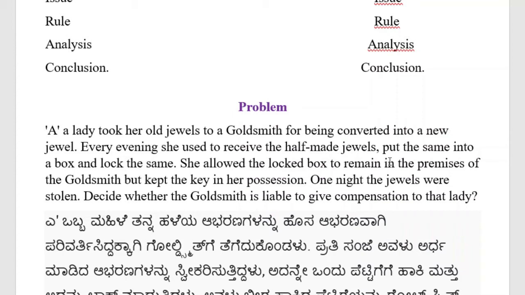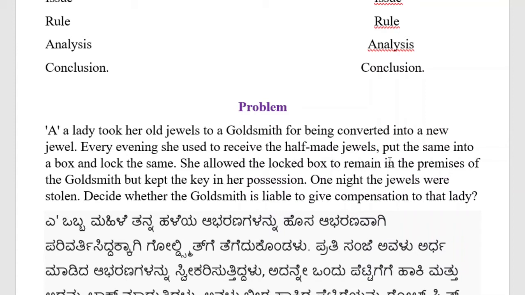So with regard to the case law Woodson versus Nicholas, we have already solved the problem concerning the coat which had been hung behind the customer, and when it was lost, it was held that the hotel authorities are responsible. Today we can solve one more problem with regard to bailment, concerning